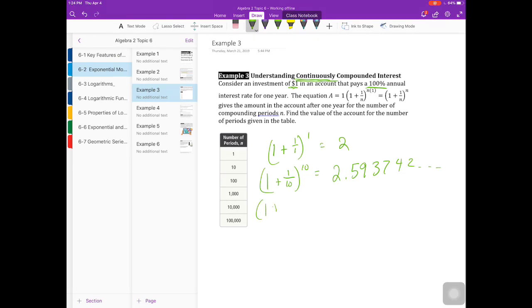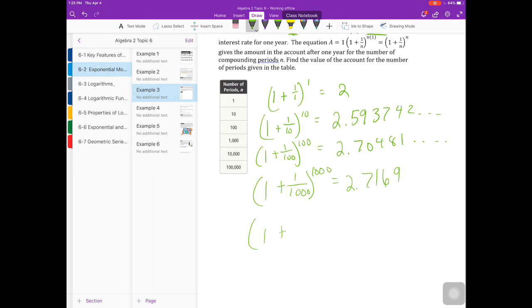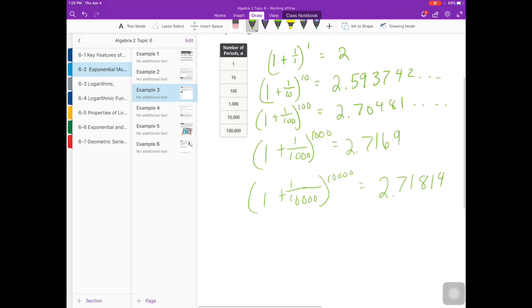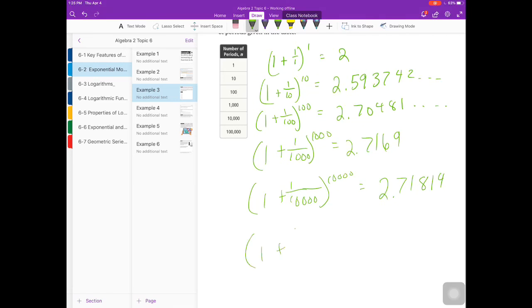If we do it 100 times per year, what does that number look like? Well, it's going to be 2.70481, and then 1,000 times per year. Now, again, I've already done all these calculations in my calculator, which is why I'm able to write these out so quickly. 2.7169. Okay, let's do it to 10,000 times. And that gives us 2.71814. And then if we do it to 100,000,